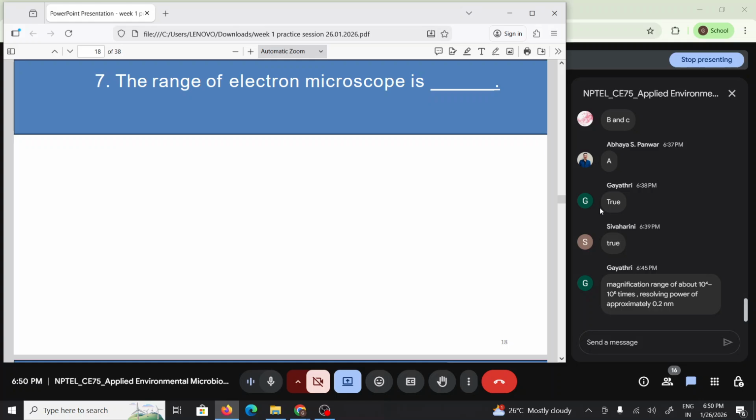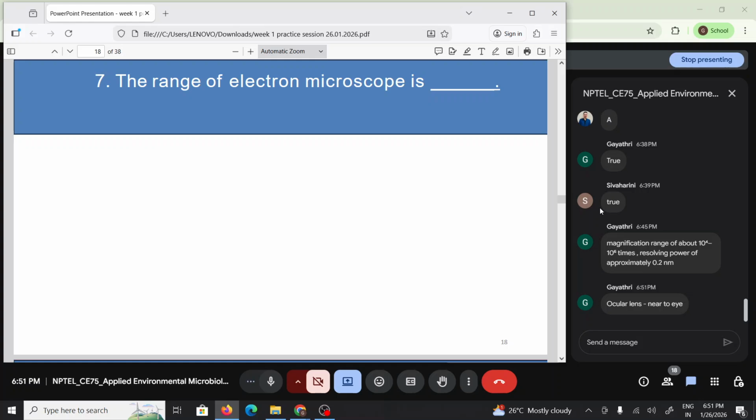So what is an objective lens and the ocular lens? No answers? Okay,